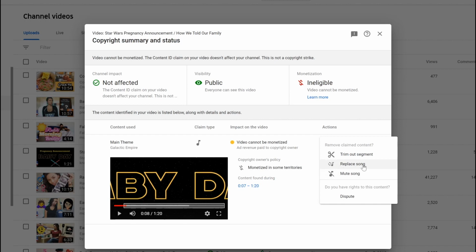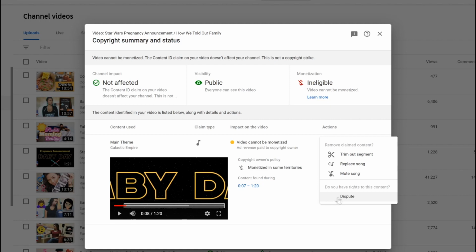If I wanted to replace this with one of the songs in the YouTube library, I can go ahead and do that. I just want to let you know though, just because it says replace song and mute song does not mean that is the only thing being replaced. It is the entire original audio of your video. So if you are talking over the music and you're using the music as background noise and you're getting a claim for that, it will replace your audio of you talking and the music itself. So whatever the original audio is in your video is going to get replaced. It does not know the difference between your voice and the song because it is being uploaded as one file. So I just want you to know that when you replace the song or you mute the song, it is going to replace or mute the original audio altogether.